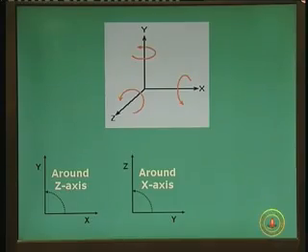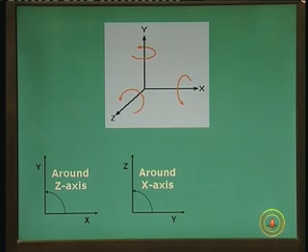Come back to the screen, you will see this picture once again, the direction of the arrows. Now you see the circular arrows which are marking the direction of the rotation. When you grab any axis x, y, z, the thumb pointing outwards, the rest of the fingers will point in the direction of the rotation, or if you are looking towards the origin from the outside, you will see that the rotation is counterclockwise. Look from the positive z axis towards the origin, you see counterclockwise. Look from x towards the origin, you see counterclockwise.